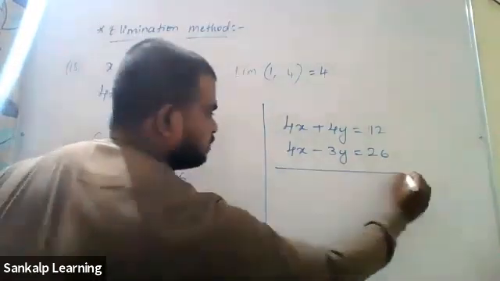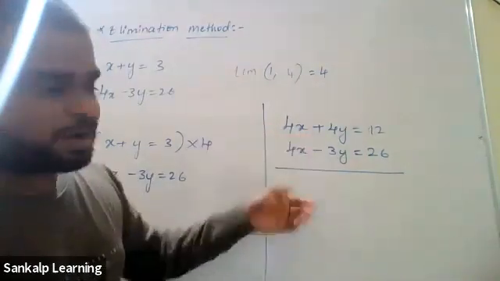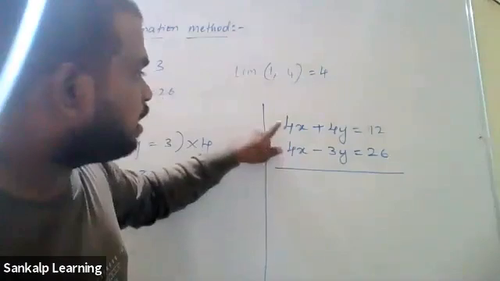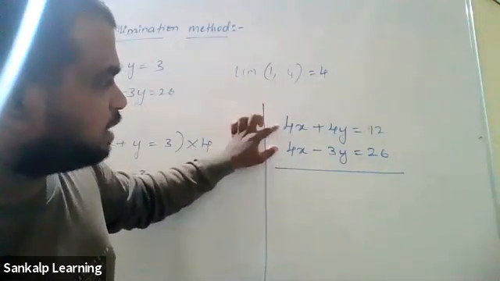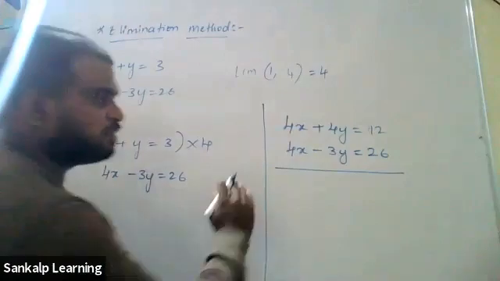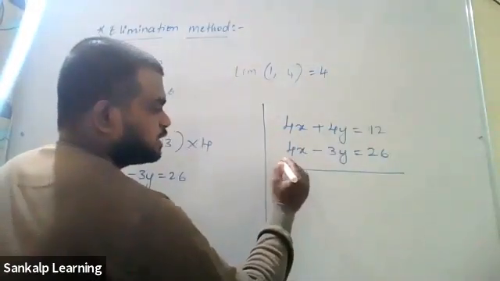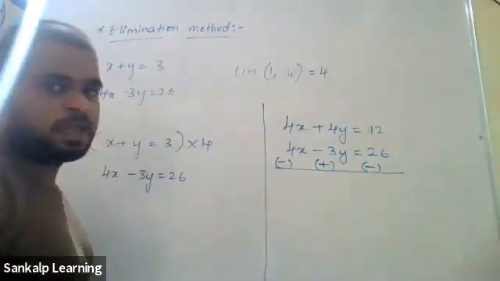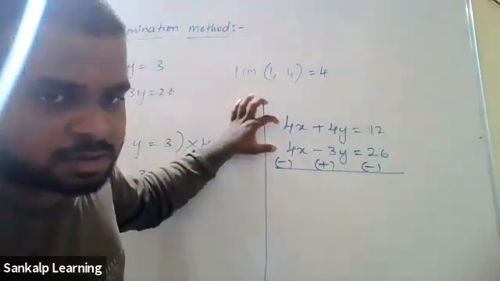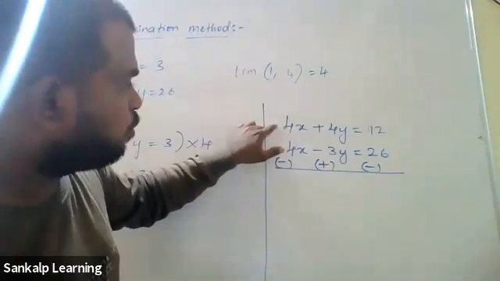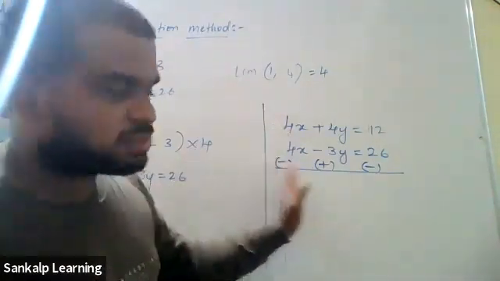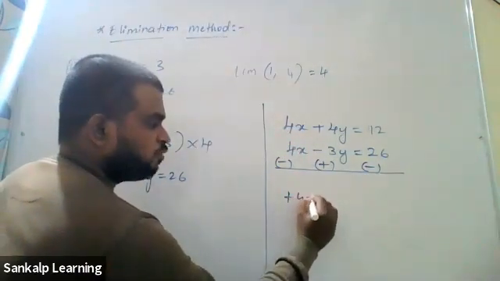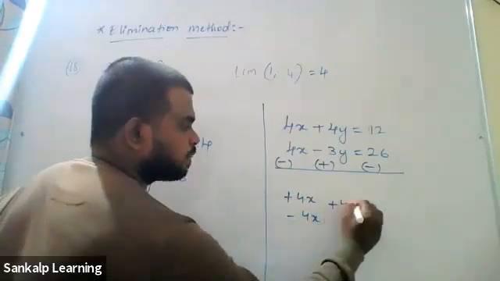Now please observe. If we have to subtract it, what should you do? You have to change the sign. Simply put, if both these numbers have got the same sign, here plus, here plus, then simply change the sign throughout. So this plus will become minus, this minus will become plus, this plus will become minus. I'll repeat it again. When both the numbers have got the same sign, plus and plus, then change the sign throughout. But if they've got opposite signs, for example, plus 4x, minus 4x.